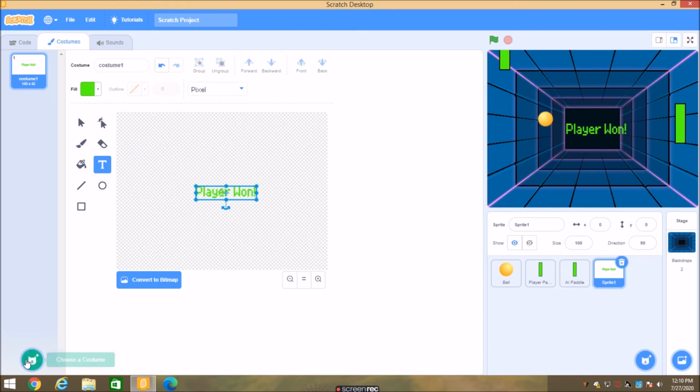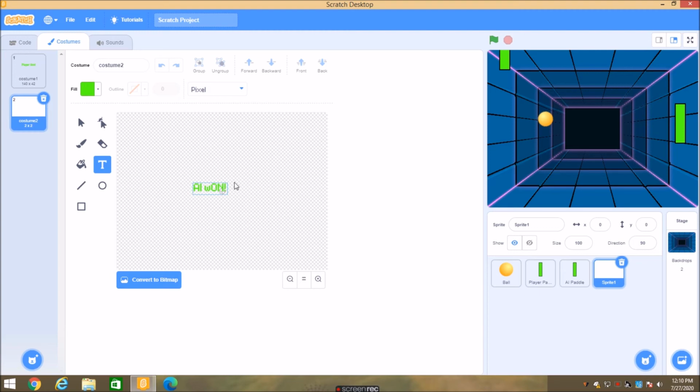And okay, so now I'll just paint another costume. Remember, we don't want to go on the sprite, we want here on the bottom left corner to paint a new costume, so that the sprite is the same and the costumes are different. And I'll just type here, that was player one, now AI1.